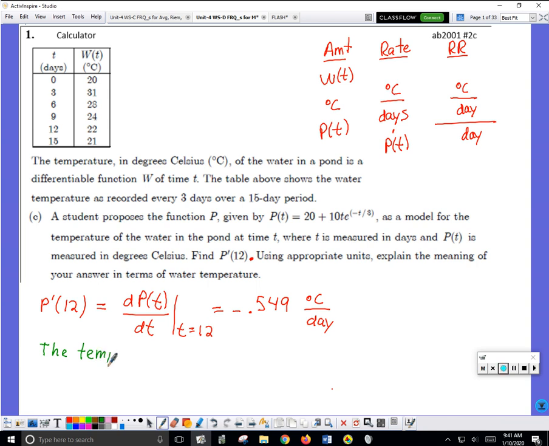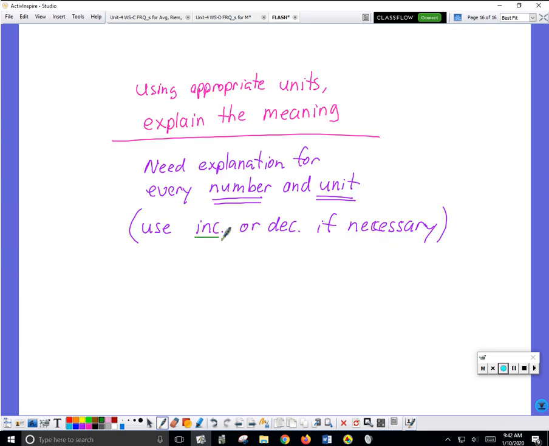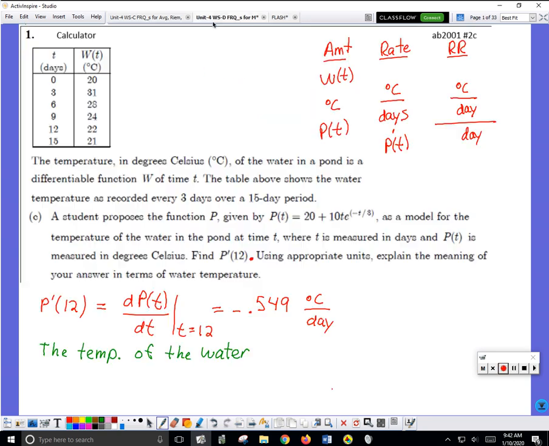So here's an example, Chris, where it is okay to abbreviate. Temp is fine for temperature. The temperature of the water, okay, my answer is telling me that the temperature of the water is decreasing. That's why your flashcard has this little reminder. Make sure you use the word increase or decrease if you need to. So, temperature of the water is decreasing. That's another place where abbreviation is legal. The temperature of the water is decreasing